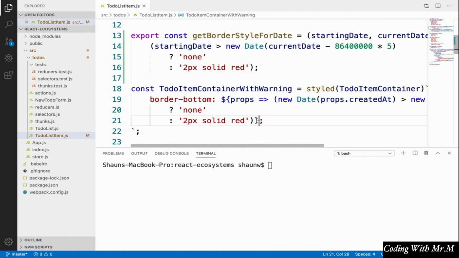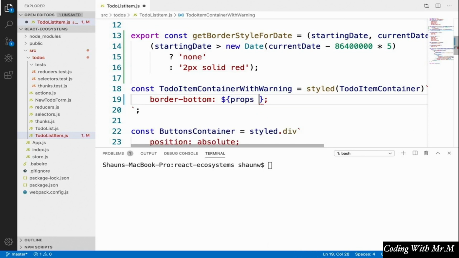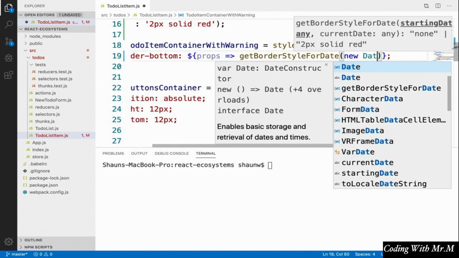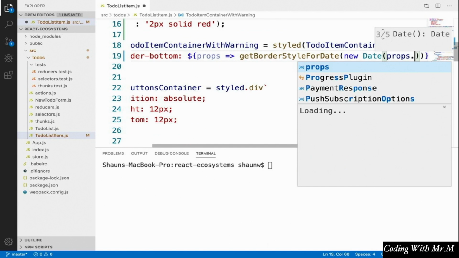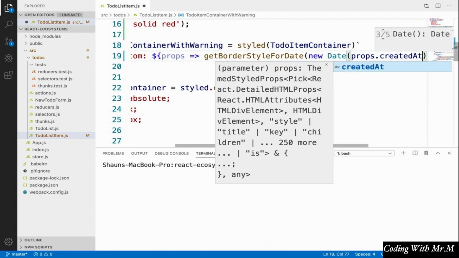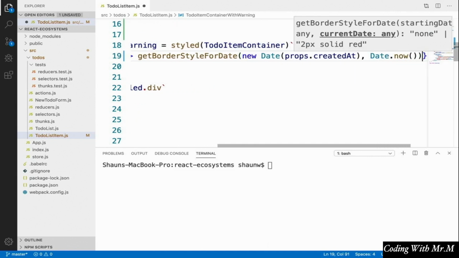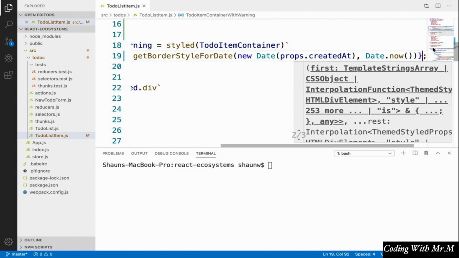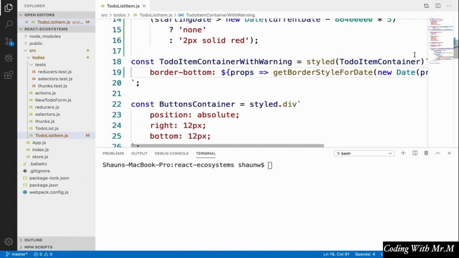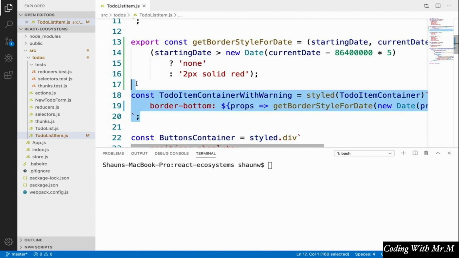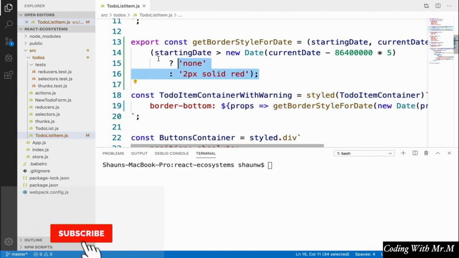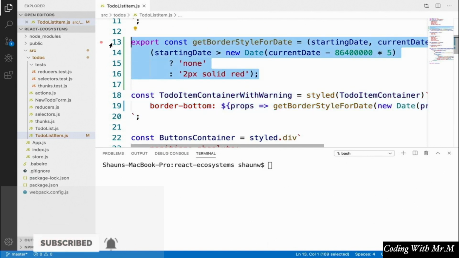And now, instead of having all that logic inside this styled component here, we're going to say props get border style for date. And for our current date, we're going to say new Date(props.createdAt). And for the starting date, we're going to say Date.now. And again, the reason we would go to the trouble of doing something like this, well, first of all, it makes our styled components more readable, in my opinion, but it also allows us to test this logic that we have in here. So let's create a new test,